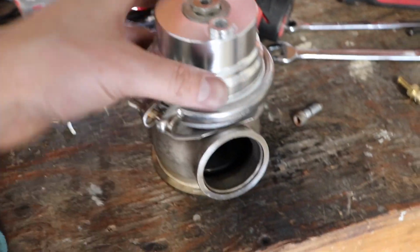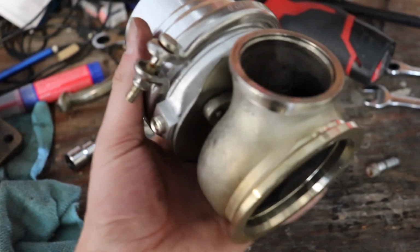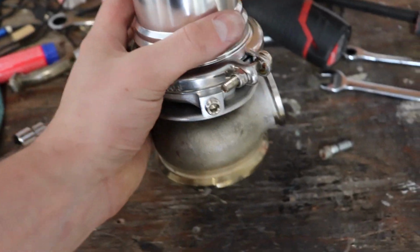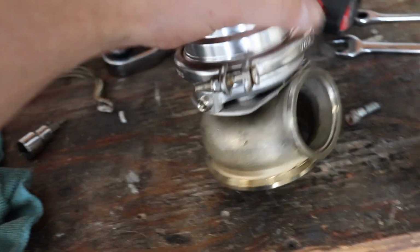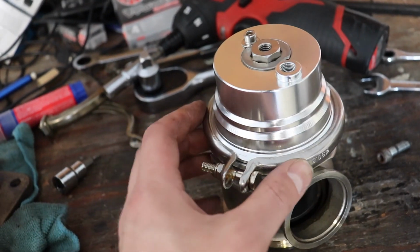Pick you guys up here. Look at that. Whew, that was a lot of effort. Holy smokes, I don't want to do that anymore. So now I'm just going to double check everything, make sure, maybe change the position of this clamp a